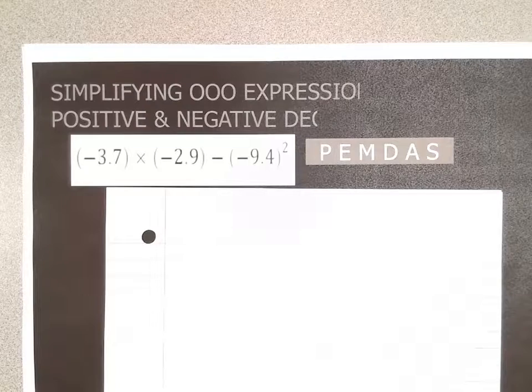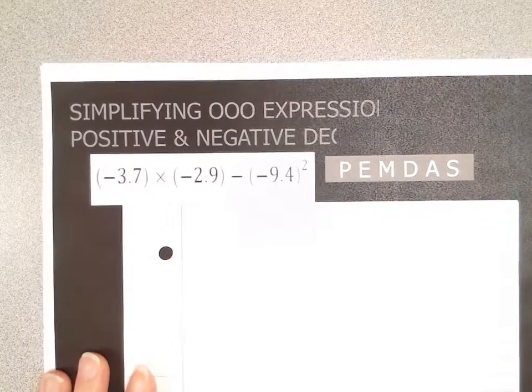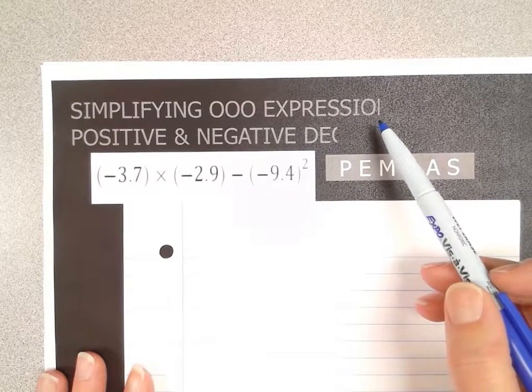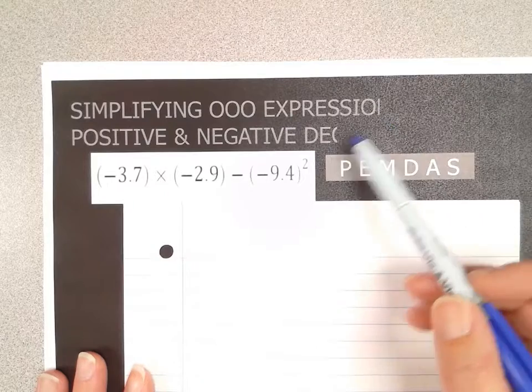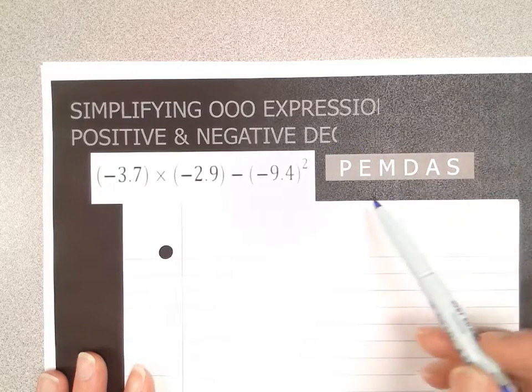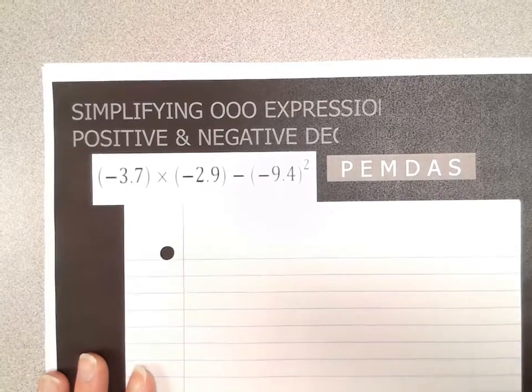This is the second example that I'll give you for order of operations. We're still simplifying an expression, but this time we're using positive and negative decimals. And I see that this got chopped off a little bit, but we are using order of operations with expressions. We're simplifying positive and negative decimal terms. So we're still going to apply our rules of PEMDAS here, and we're also going to use our integer rules